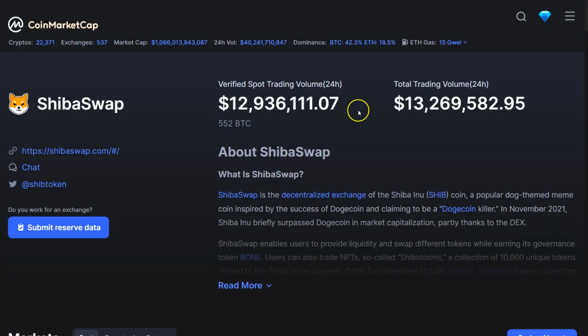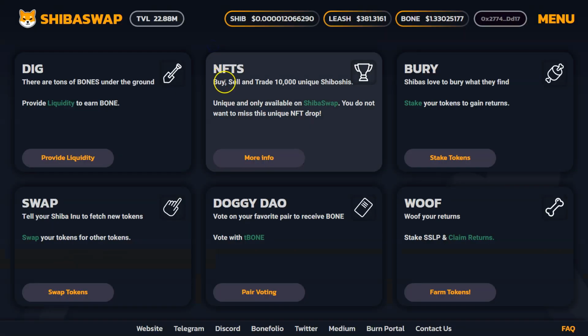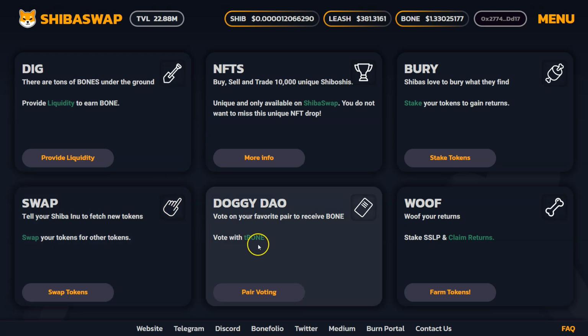But I want to draw your attention to this. The current volume on ShibaSwap is roughly $13 million over the past 24 hours. This number typically hovers between 10 and about $25 million in volume per day. But as you know, ShibaSwap is slated to be relaunched as ShibaSwap 2.0 at the same time Shibarium launches,